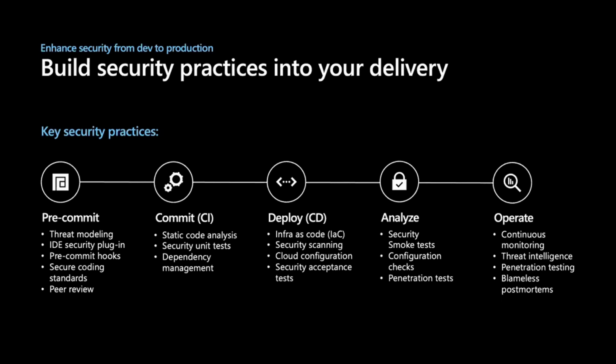And then, of course, it doesn't end there. It doesn't end because we deployed the application. We then go and analyze that even further. And there are some smoke tests that we can run to check if we pass in a JWT token that isn't valid. What happens? Are we allowed in? Are we not allowed in? And checking for those edge cases that we would expect to be handled.